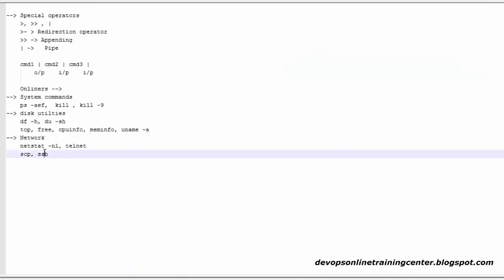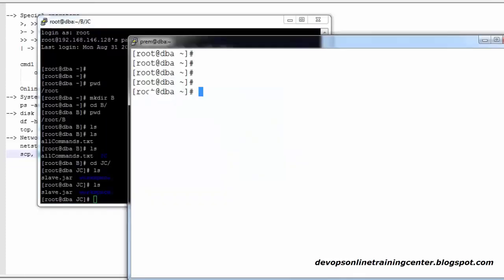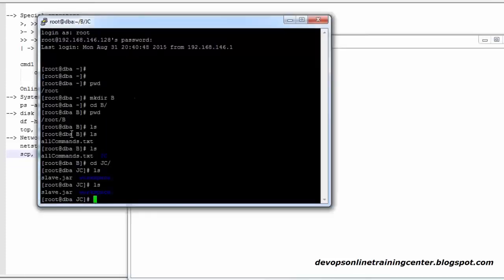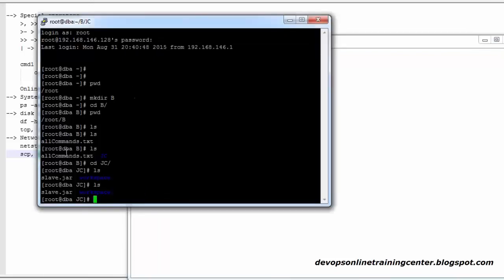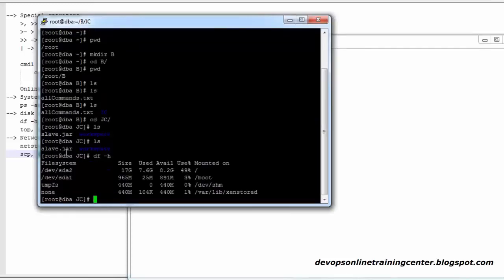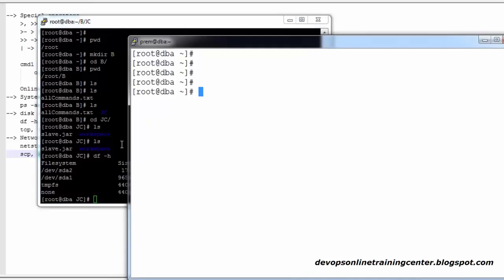Now SSH. When it comes to SSH, you are copying a file from here to here, that's called SCP. Now somebody may ask you a question: could you please find out what exactly the disk free space is in this machine? You might be thinking you can log in there and run a df -h command, right? Yes, I can log in, but I don't want to log in. Could you please run that command from here? What do you mean by this? By sitting on this screen, executing a command on the remote machine can be achieved with SSH.